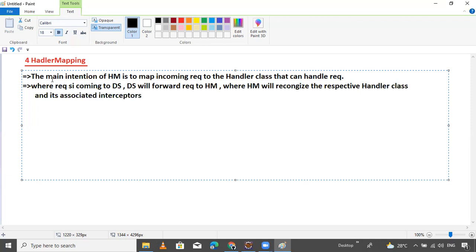What is that question? What are interceptors? This is the very important part, guys. In a web application, interceptors are just one part.